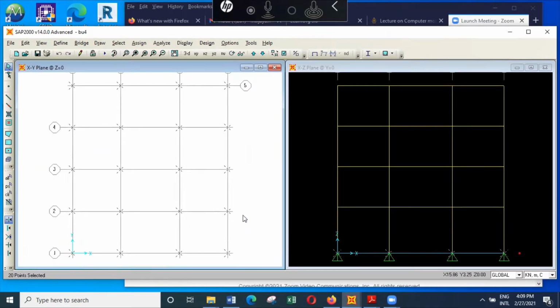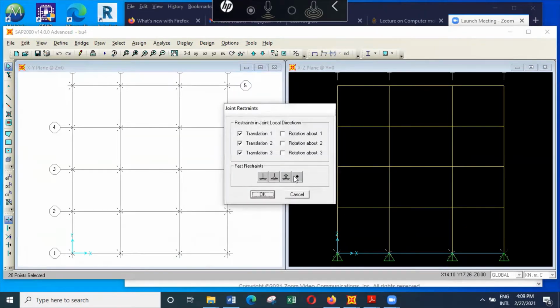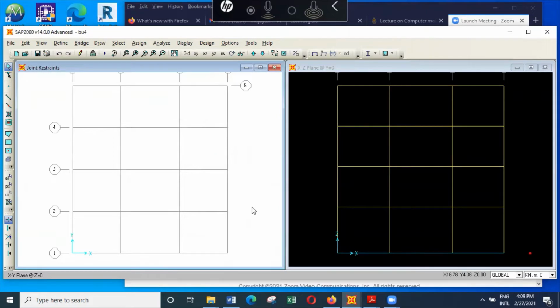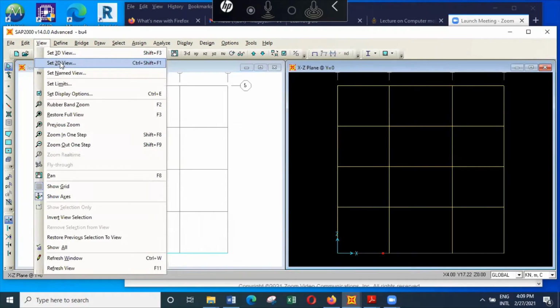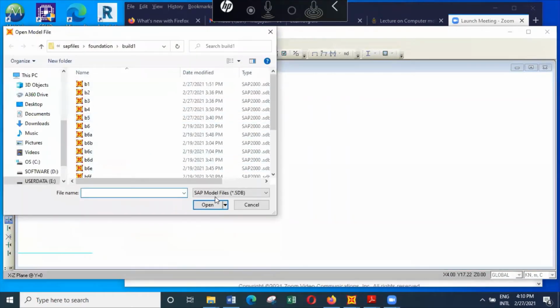So I will assign no support to all these. So there is no support now. So now what I have to do is select one of the planes, and also what you have to see is that on the outer frames, if you want, you can use a smaller T section. So save this and open BU3,